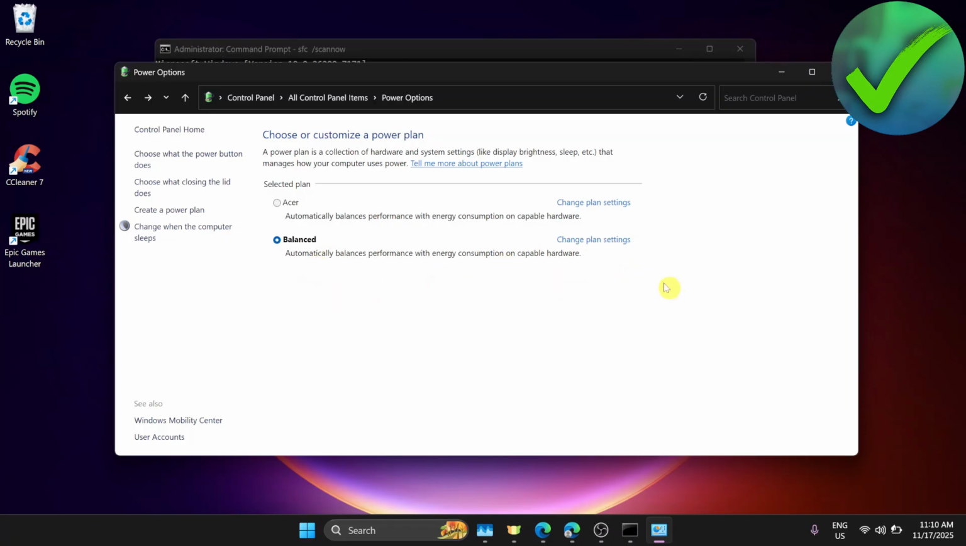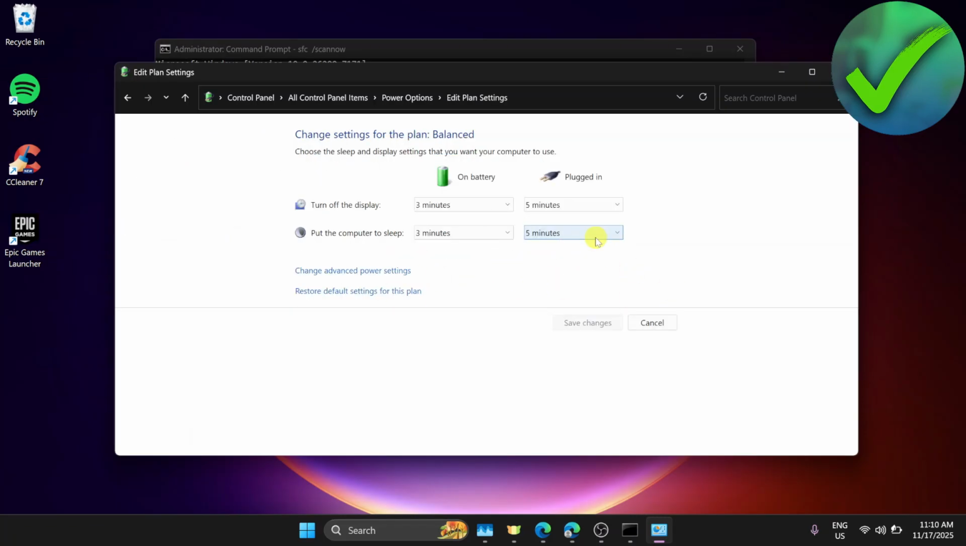And then once you do that, go here on the change plan settings and then on the turn off the display and then put the computer to sleep. Make sure that you put this for right here to never, which is right here. And then after that, what we're going to do is to click save changes and then go here on the